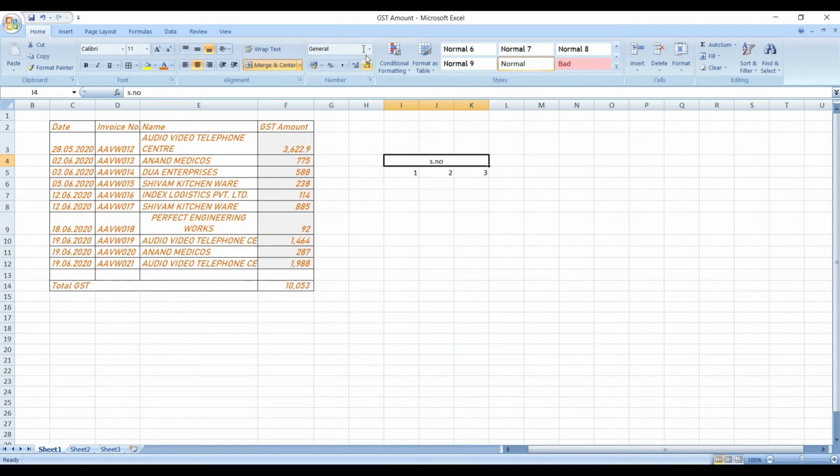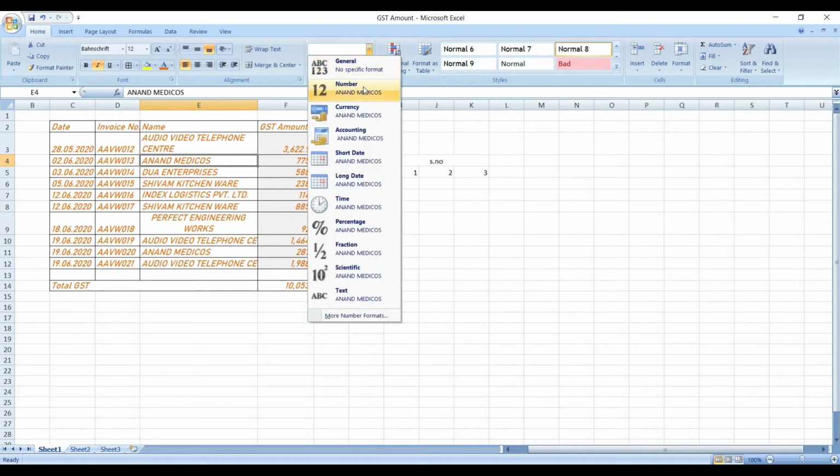So this is the number format section. If your cell is in the general format and you want to make it a text cell, you have to put it on the general cell. If you want to make it numerical, you need to select the number cell. If this cell is basically about currency or particular accounting details, you can set it to currency.